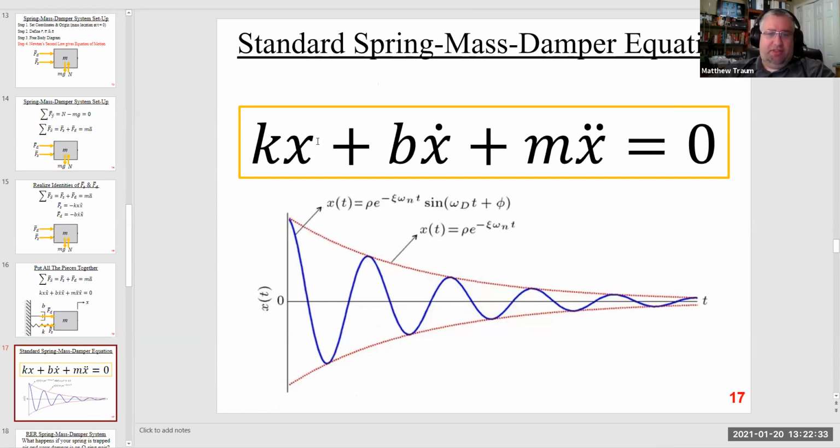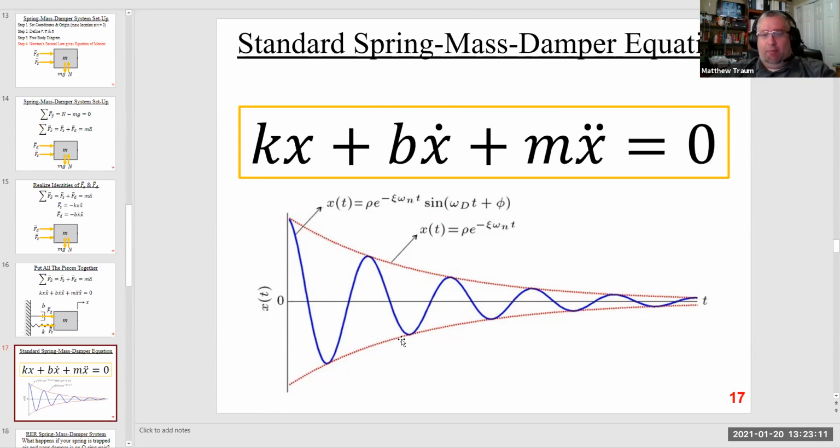In this final version of the equation, all I've done is drop the x hat notation because the only direction of motion is the x hat direction, so it's redundant to leave it there. This is now a second order differential equation that you can solve for the behavior of this system. And how does it behave? Well, if you initially displace it, imagine we have a true mass spring damper system. If we displace it by trying to compress it, and then we let go, it'll oscillate back and forth in a sinusoidal fashion.